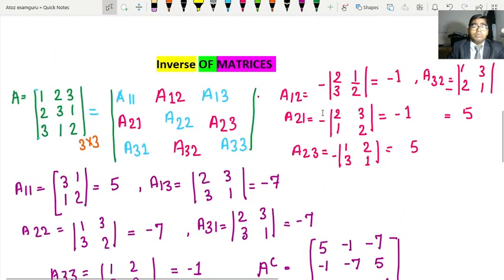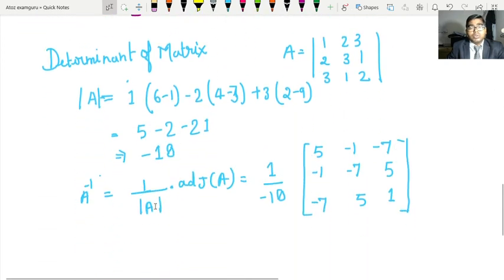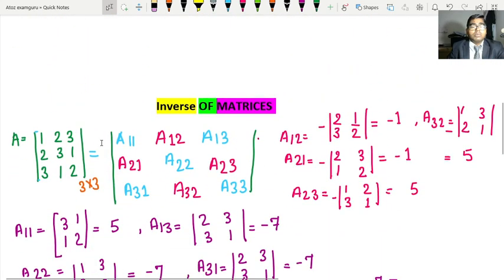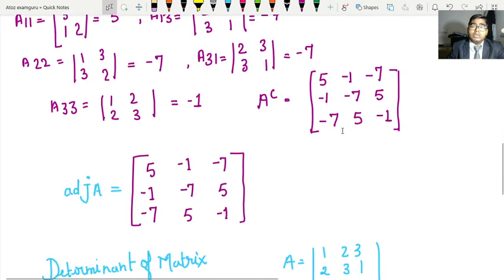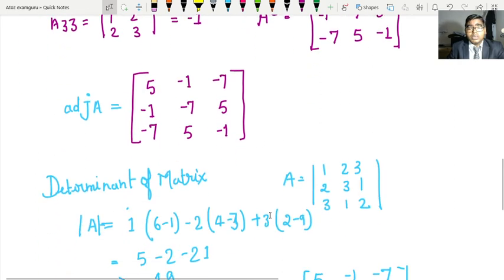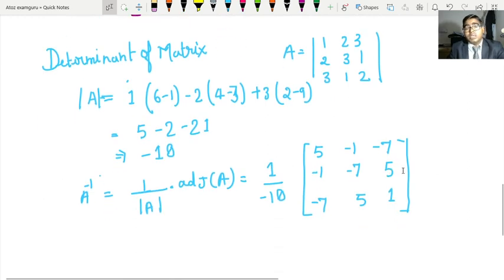Once again I will repeat the whole process. For finding the inverse of a given matrix, first of all you should determine the determinant of the given matrix. It should not be equal to 0, right friends? If it is 0, then its inverse cannot be found. That is the first thing. And second, find the cofactor matrix of the given matrix by calculating each respective element position, and then transpose it. The transpose of the cofactor matrix is called the adjoint of the matrix. Then divide it by the determinant, and simply you will get the inverse of the given matrix.